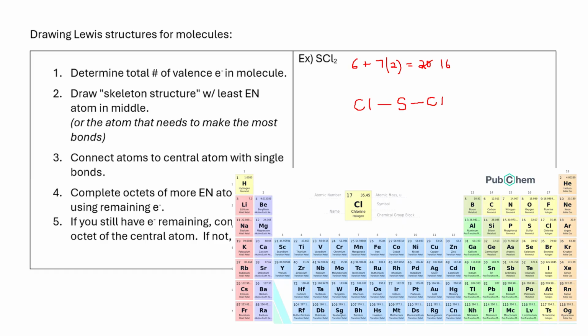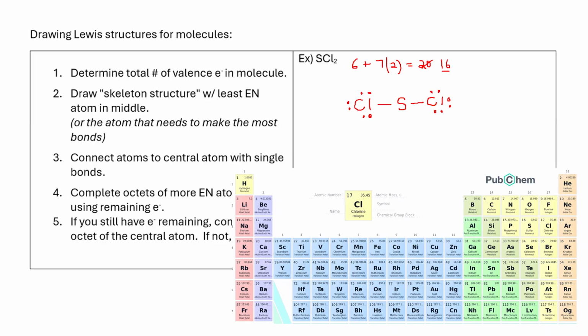Okay? Then the next step says to complete the octets of the more electronegative atoms first using the remaining electrons. So that just means with the remaining 16, we're going to go around the outside atoms first. And you can see this chlorine only has 2 right now, so it needs to end up with 8, right? So this time I'm going to put these in groups of 2 all around chlorine, right? So now it's got 2, 4, 6, 8, right? And then I'm going to go over to this chlorine, and remember, we're paying attention to the outside atoms first. And so now it gets